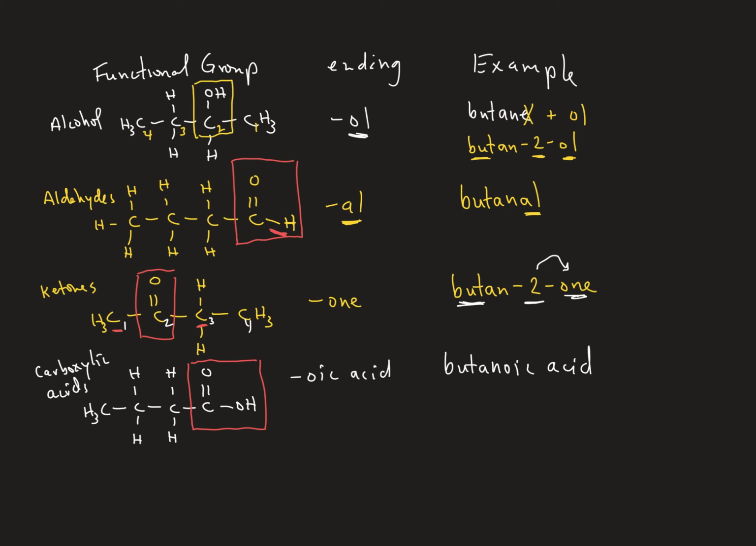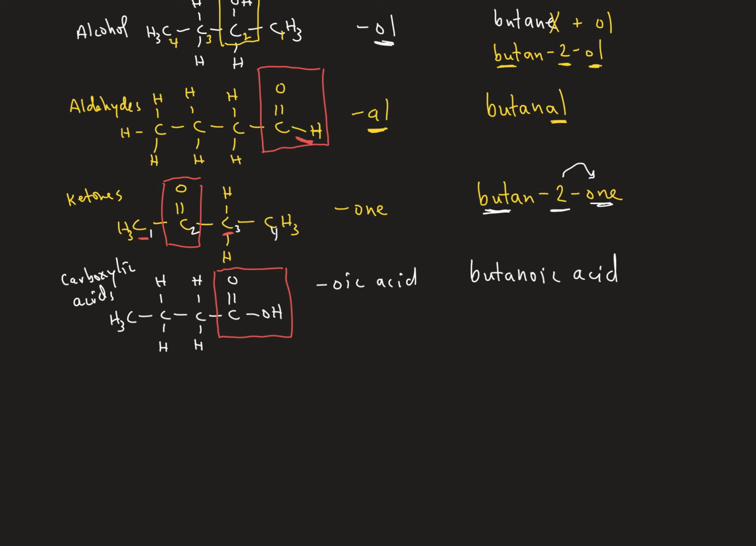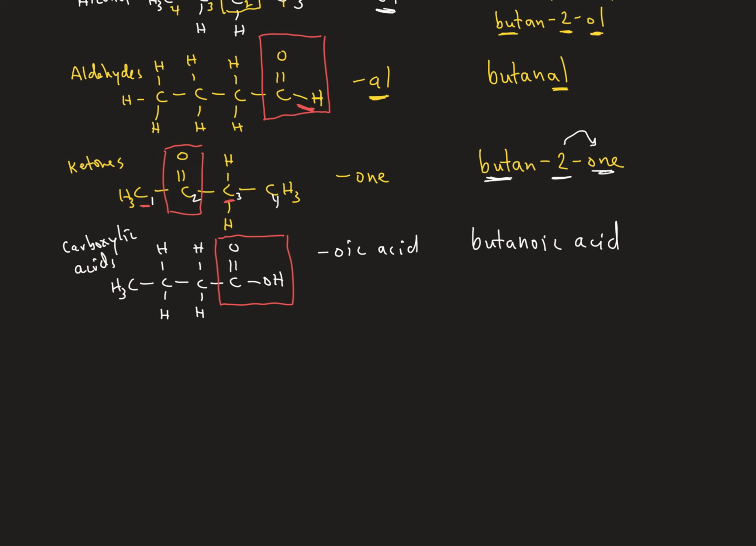After carboxylic acids, we also talked about esters. Esters also have that carbonyl functional group. So next up would be esters. And again, I'll keep that same 4-carbon chain. So we'll say carbon, carbon, carbon,